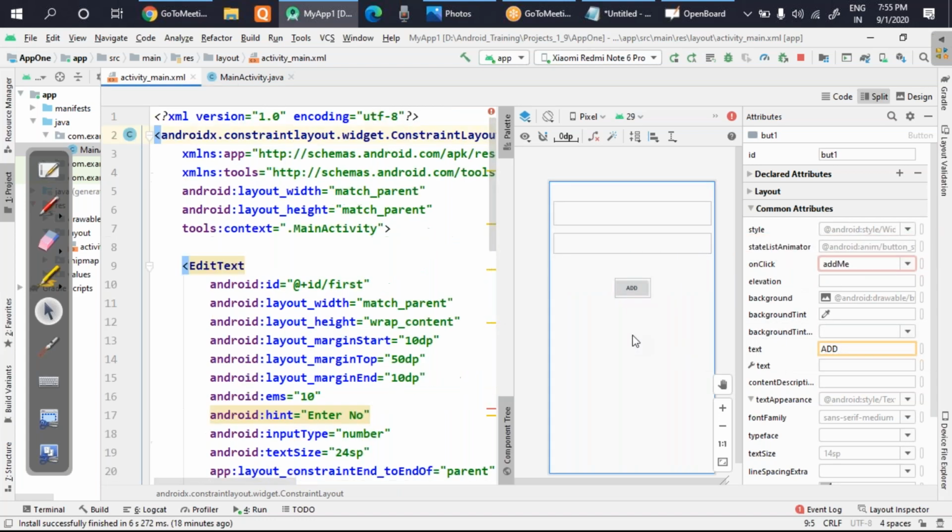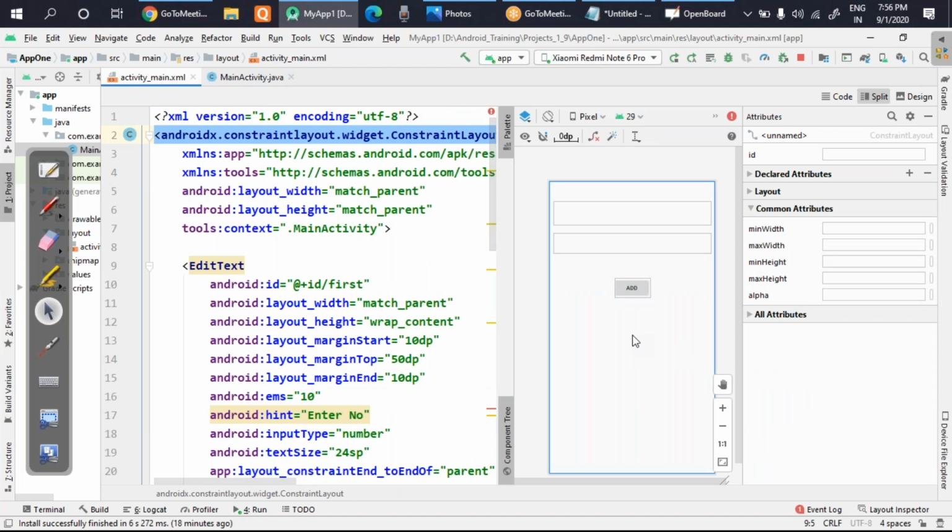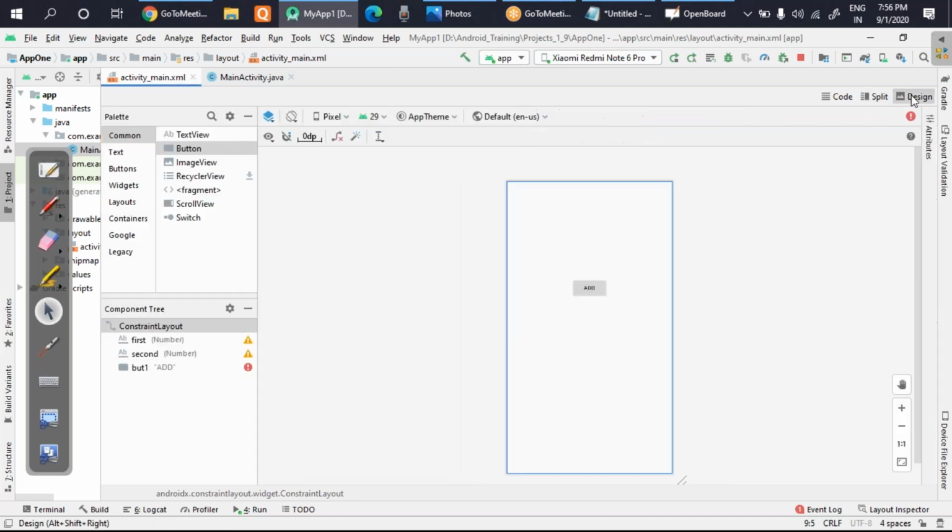Now my third component has been dragged. Let's move to the last component, and let's move to the design section again, and bring the text view. Already the text view is present here. You can see this part. Here is your text view. You will drag it and drop it here. I'll put it in the center. So you can see it is now in center.